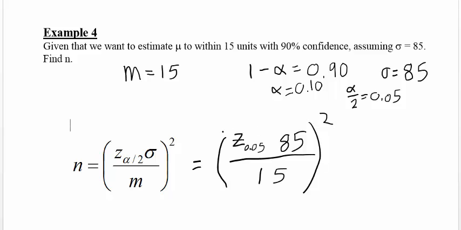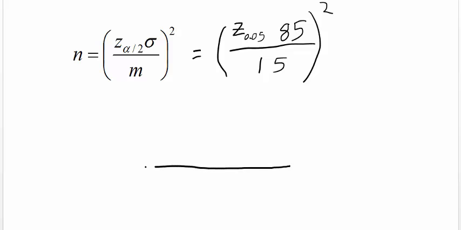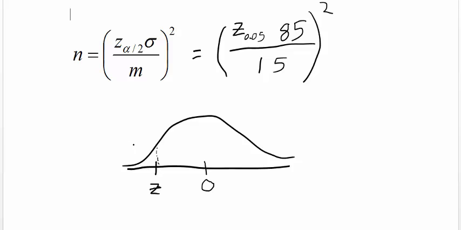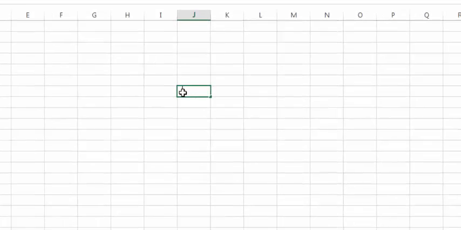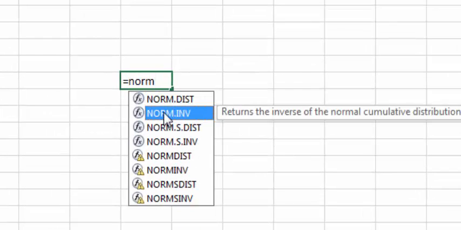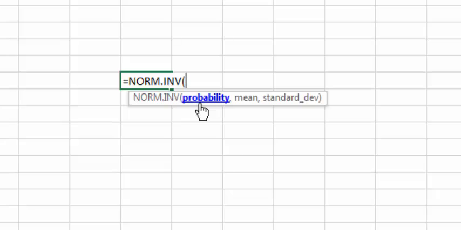So what does that mean exactly? Z-scores, we know, follow a standard normal distribution with a mean of 0 and a standard deviation of 1. I want the z-score that has 5% to the left of it, a left-tail z-score. This is a little bit of review, but to find a z-score or a normal distribution value when we're given a probability, we use norm.inverse. The probability, this must be a left-tail probability,